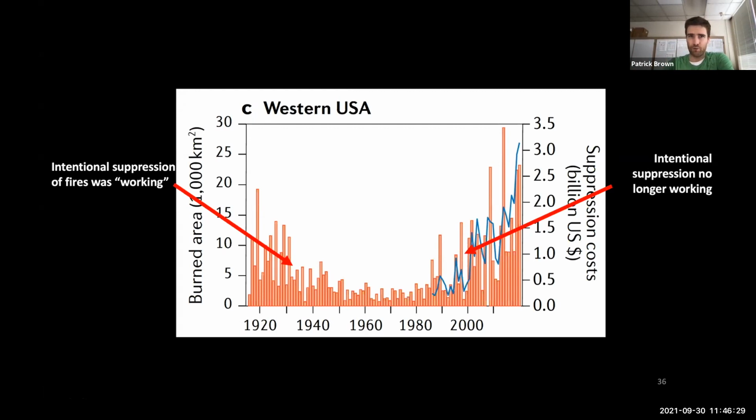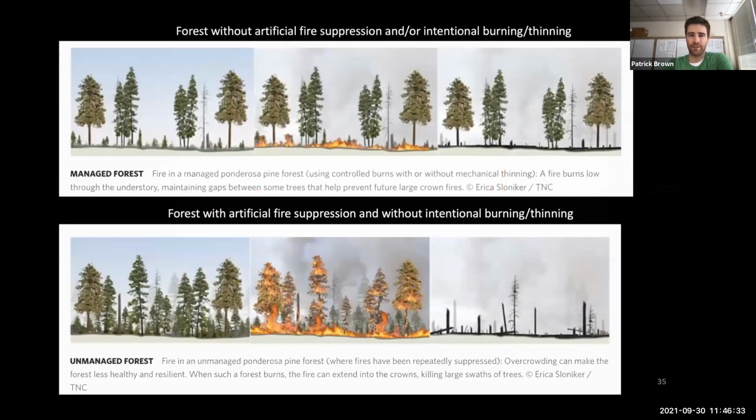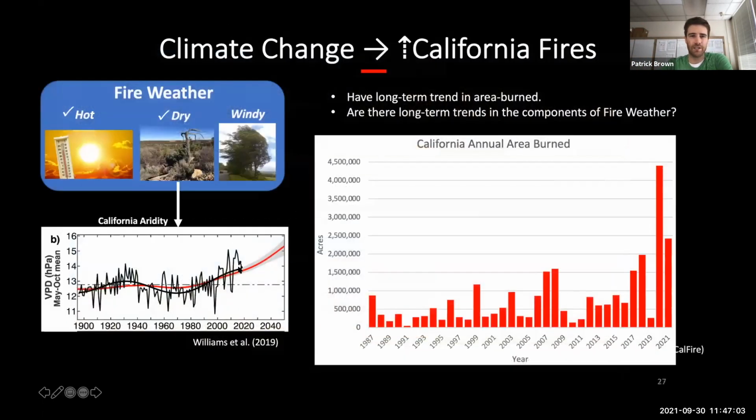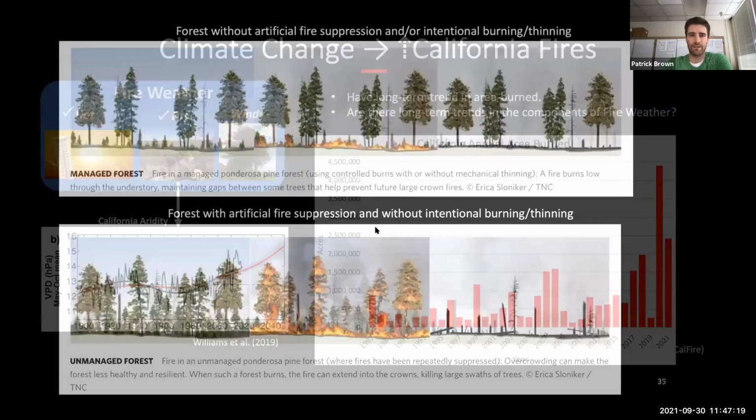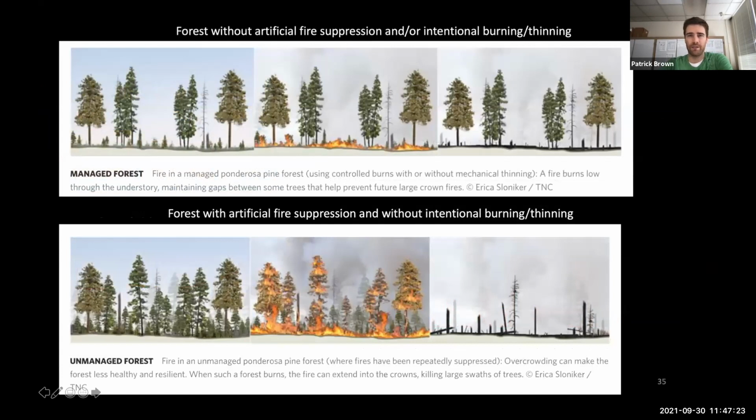And so it seems like, and we're moving towards this policy-wise, that we need a lot of mechanical thinning or prescribed burns, similar to the way that indigenous people did it before colonization, in order to thin out these forests, to get rid of these fuels. And that's the only way to solve this in the near term. Obviously, climate policy in the long term is going to be very important, but climate policy is not going to help in the next couple decades. Climate policy is going to help later in the century. But if we want to see results sooner than that, then it has to be policy around treating forests in the near term.